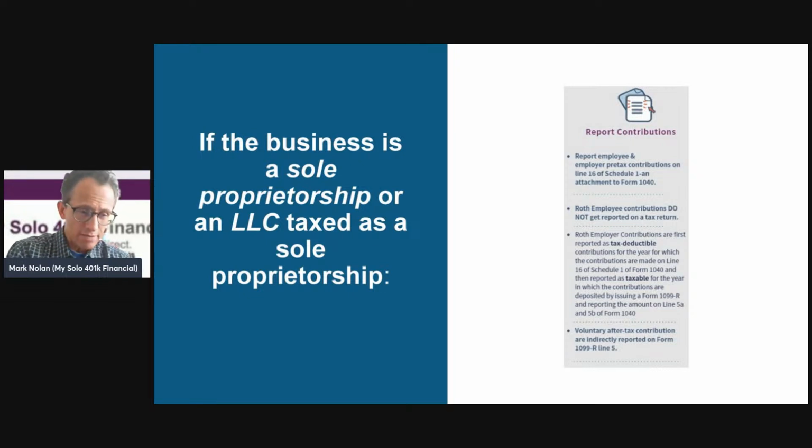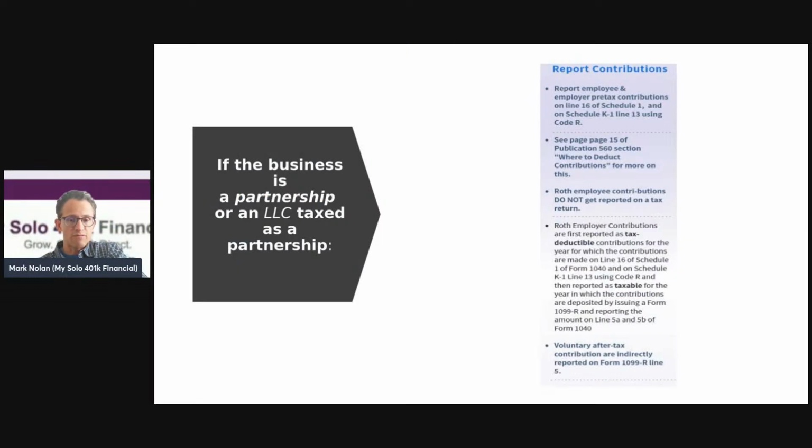Lastly, as I mentioned already, voluntary after-tax 401k, self-directed 401k contributions, aka solo 401k, do not get reported on your personal tax return or your Schedule C if we're talking about a sole proprietorship. Instead, they get reported on Form 1099-R, line number 5. That's where they get reported when the self-directed 401k provider issues that Form 1099-R to report that voluntary after-tax self-directed 401k conversion. This slide here